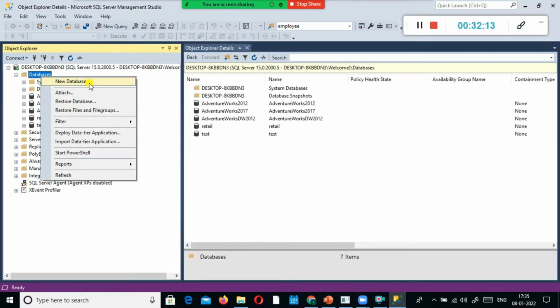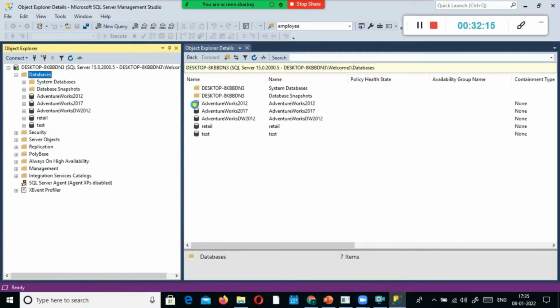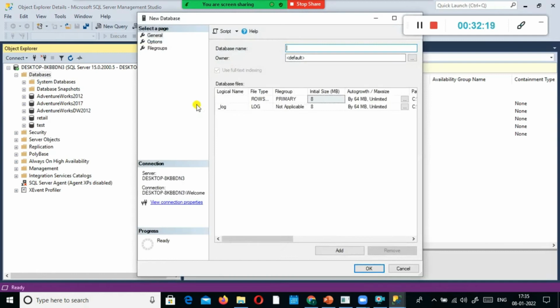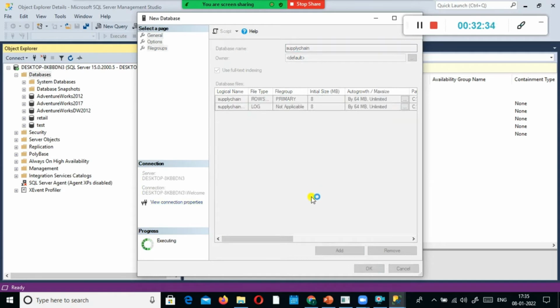I'm going to click on it. Let's say I'm going to name it supply chain. Give some meaningful name to your database, since I'm going to store supply chain related data.